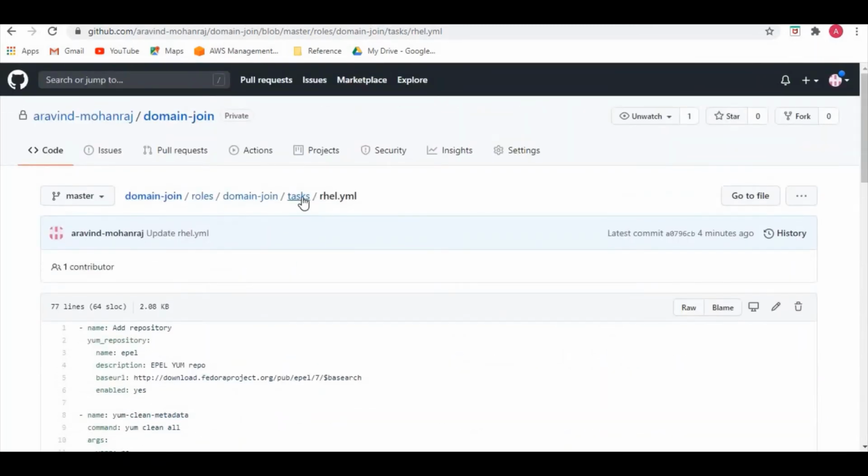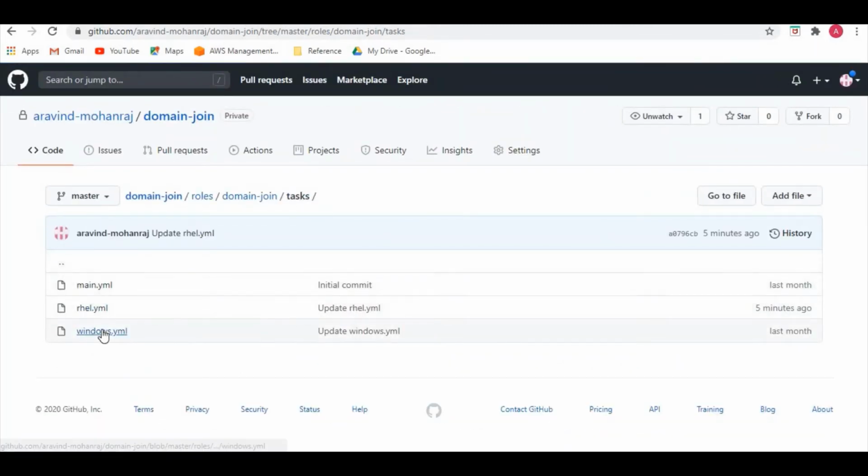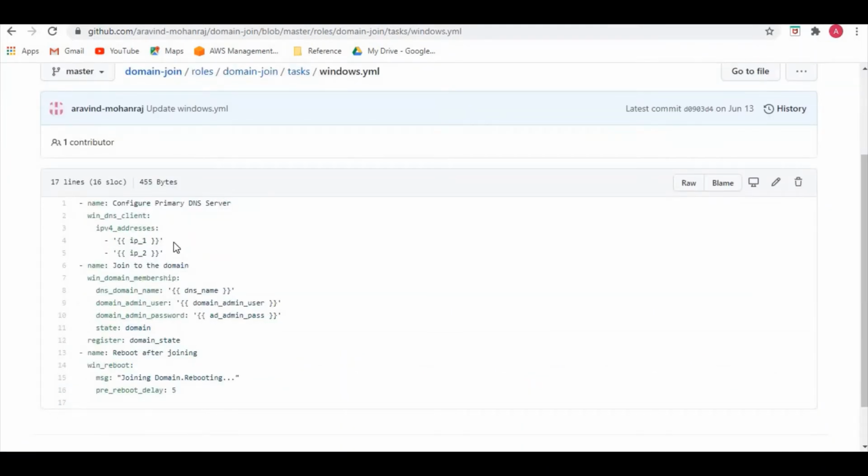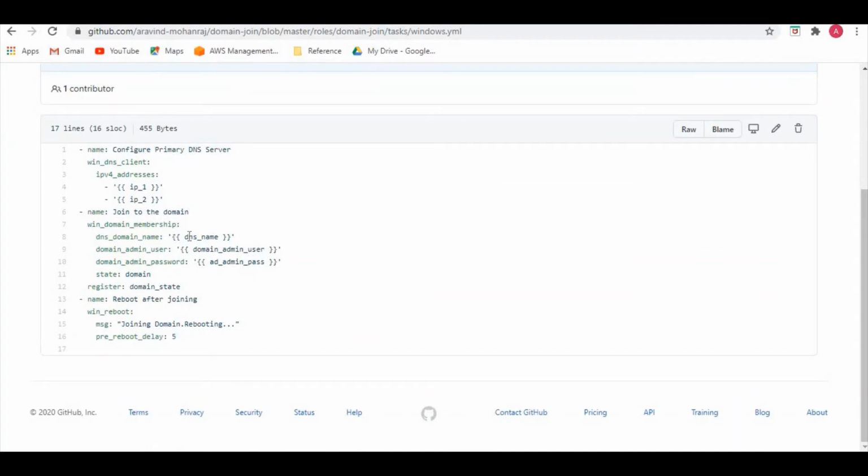Okay, so let's go for the Windows now. Here, we manually updated the DNS IP in the change adapter settings, IPv4, right? Same way, we are giving the EC2 IPs, DNS IPs here, and we have declared these IPs in the variable file. I will show you next. And the domain name, domain user, domain password, state domain, register domain state, and we are rebooting the server after the domain join. Since for Windows we need to reboot after the domain join, that's the reason we are giving this win_reboot,